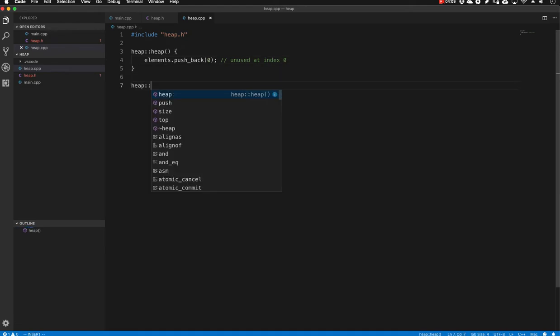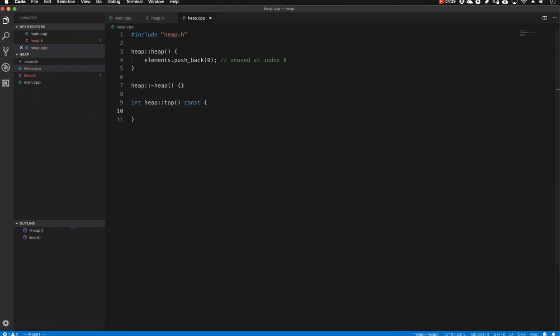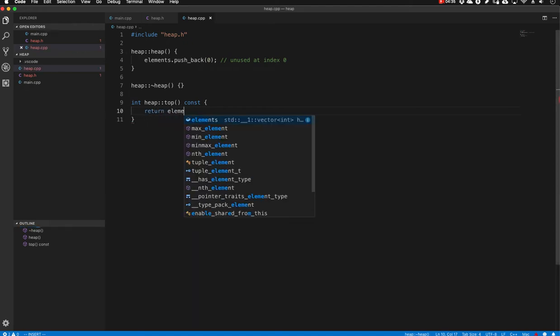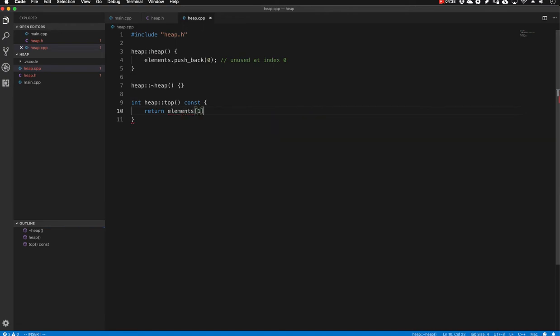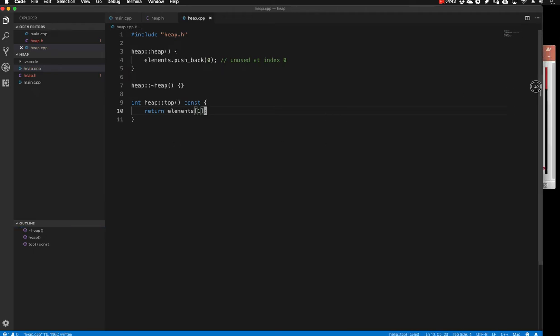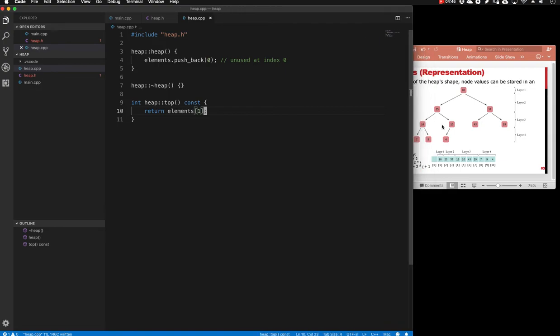For the time being, the destructor does nothing. If we do any dynamic memory allocation in the heap implementation, we need to do something. Otherwise, we don't need to do anything at all. And then the top function is simply to read the data. So when you read top, we return the value at index 1. So let me show you the data representation. At index 1 is the root. So we may want to assert that